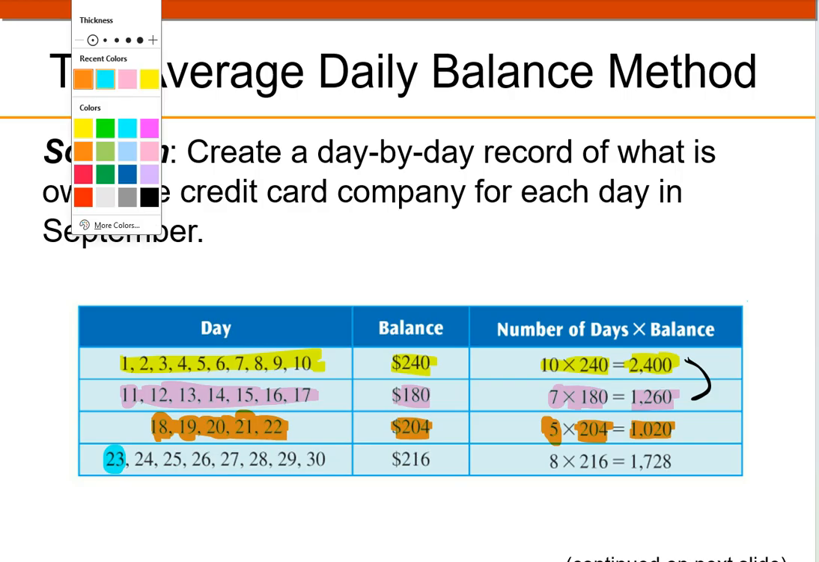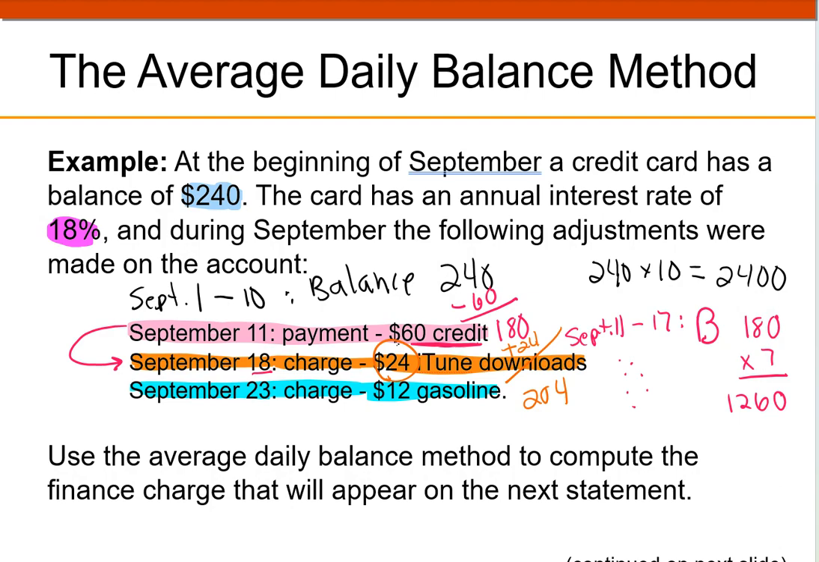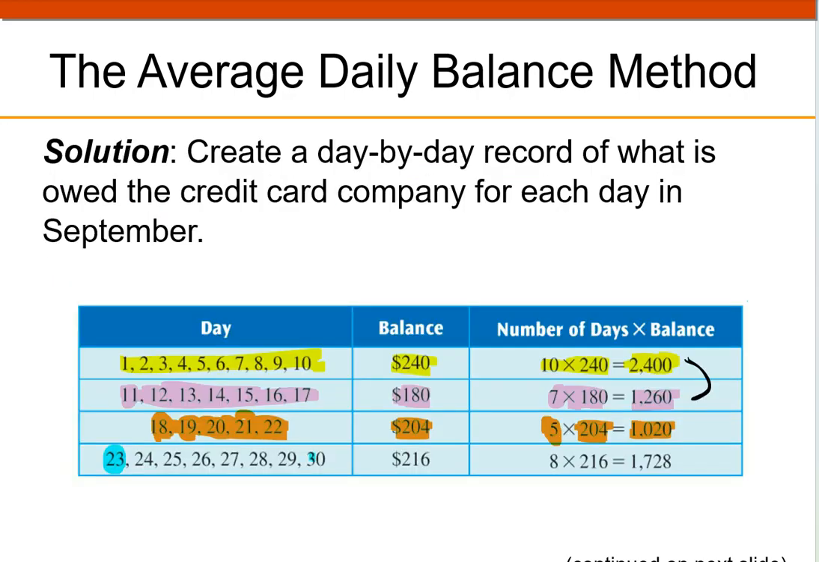And then the last thing you did this month was charge another, what was it? We charged 12 bucks for gas, and then there's nothing after this. So the last day of September is the 30th. So from the 23rd to the 30th, which is 1, 2, 3, 4, 5, 6, 7, 8 days. For the next 8 days, your balance, which went up by 12 bucks to 216. So you multiply 8 times 216, and it gives you that number. Okay, these are all my subtotals. So instead of me sitting here going 240 plus 240 plus 240 and so on,